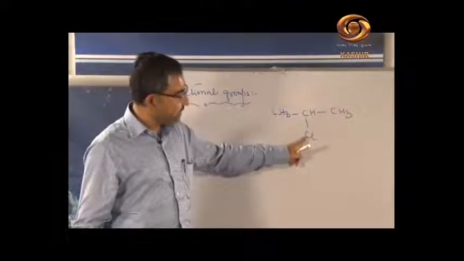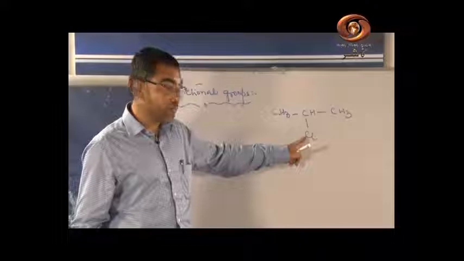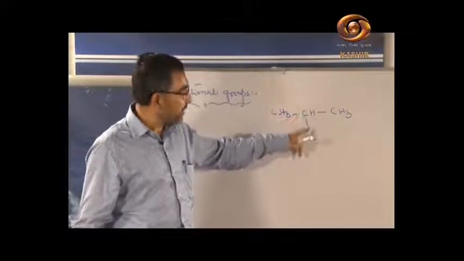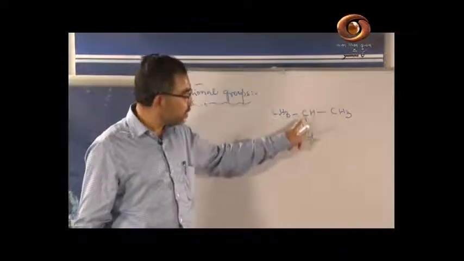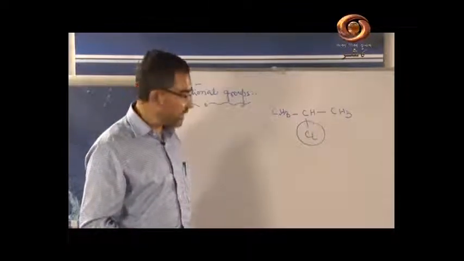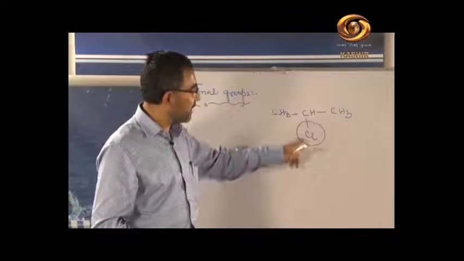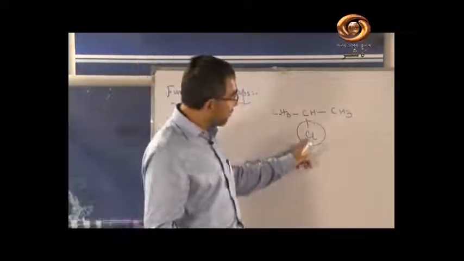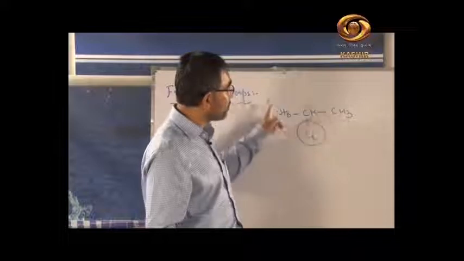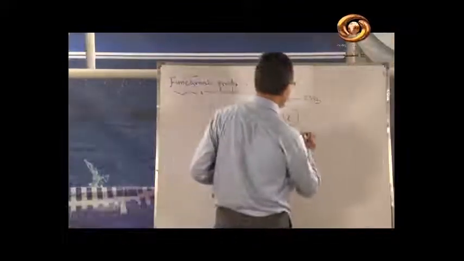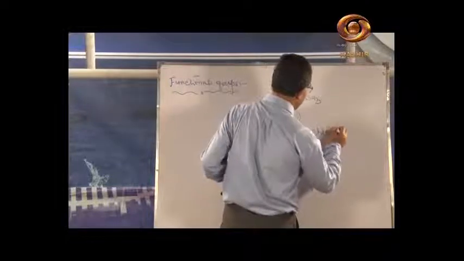This chlorine, chlorine will now determine, chlorine has changed the properties of this propane. This was a propane. We have replaced one hydrogen by this chlorine atom. हमने chlorine से इसको replace किया है. क्लोरीन के साथ यहां पर जो हाइड्रोजन है, हाइड्रोजन के बदले हमने क्लोरीन सबस्टिट्यूट किया है. Now it is not the propane. This chlorine, this halogen will now determine the properties of this whole compound. The name of the compound is simply 2-chloropropane.